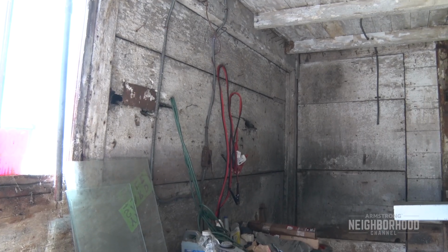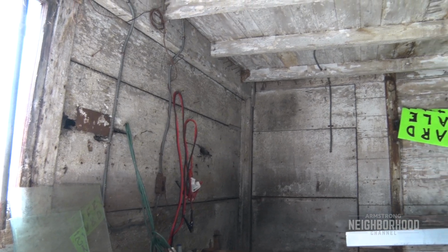So it's pretty exciting to look at the different artifacts. We have discovered horseshoes, we've discovered old tools, old workbenches, old buckets, I mean things you would normally see in a barn. And it's just kind of interesting as we piece together this history that we're not eager to just throw things into the dumpster. We really want to save and repurpose whatever we can to tell the story of not only this barn, but the importance of agriculture in Medina County,